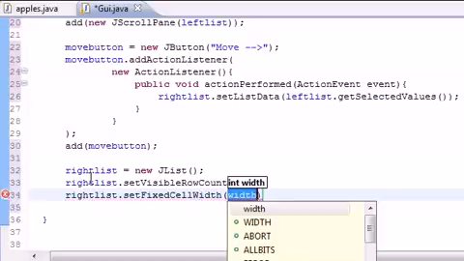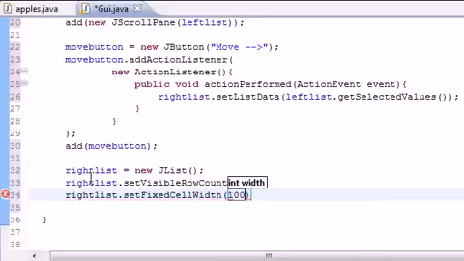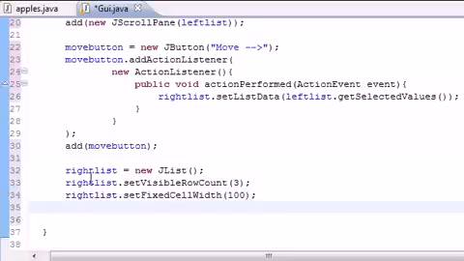We'll set a width of like 100 and do the same thing for height. Right list,